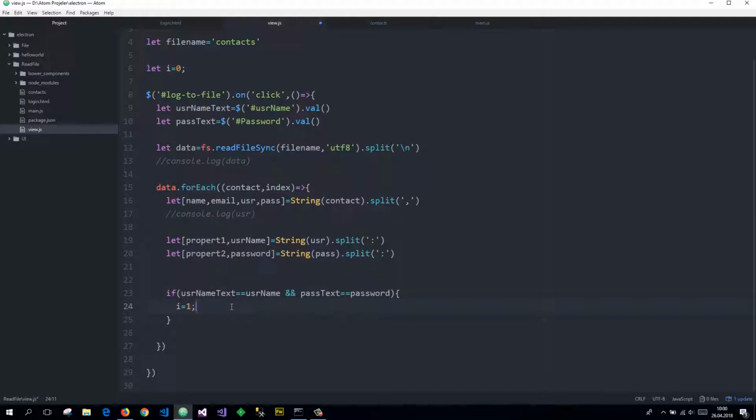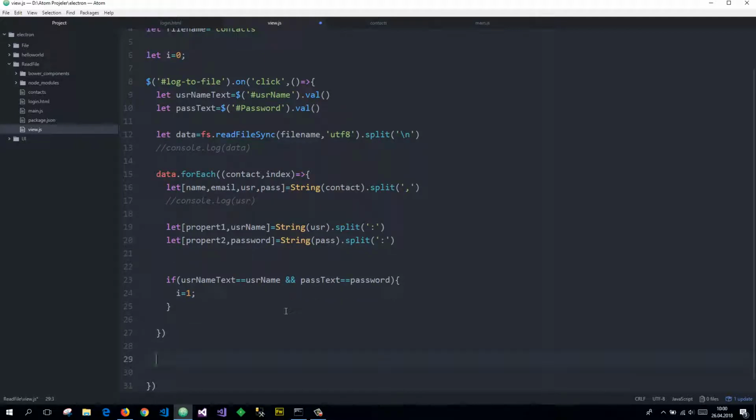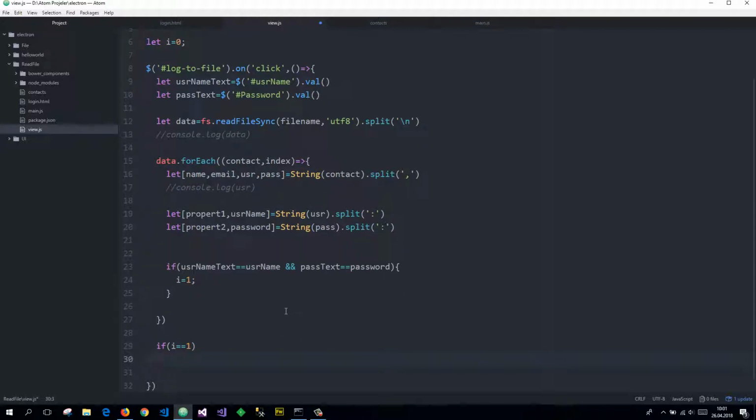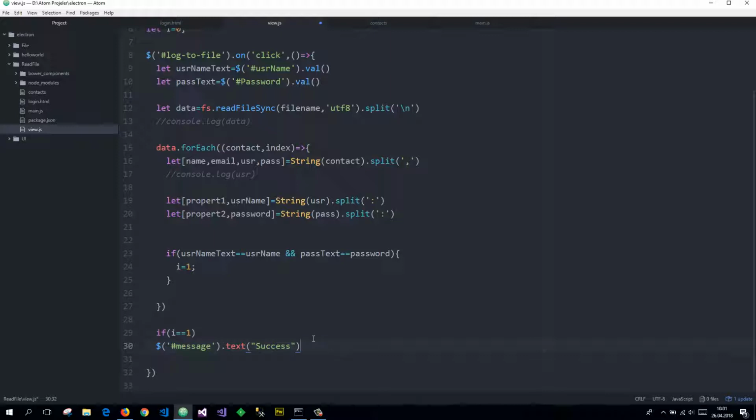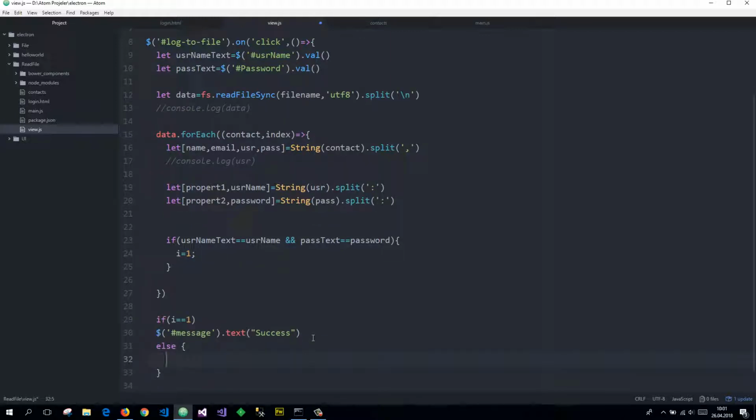Okay. And I 1. If I value 1 is a success, else print error. Okay. And out of forEach. And if I equal 1, it is a success and sharp message dot text success else error. Okay. Okay. Run the Electron